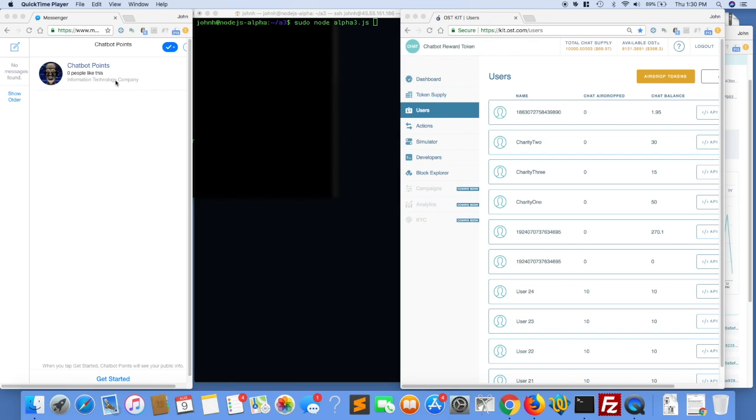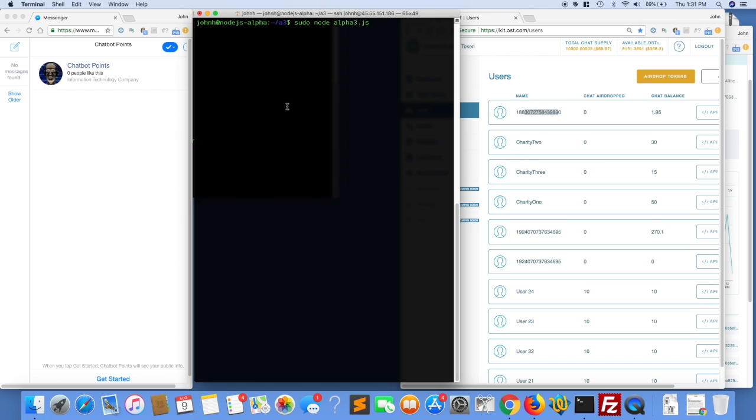So on your left you have the chatbot point message set up. On the right is our chat dashboard in OSTKit. You can see here there's a few users. This is a user we'll be using to begin with, and there's a couple of charities, which shows user to user. So on the left-hand side, in the middle, we're going to have a Node.js server running,